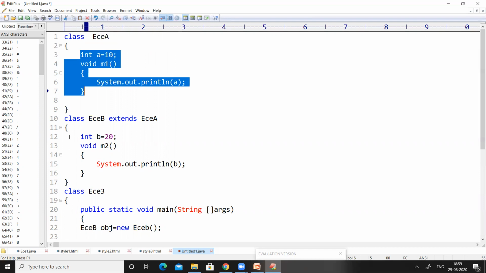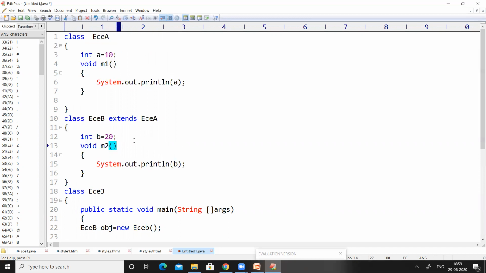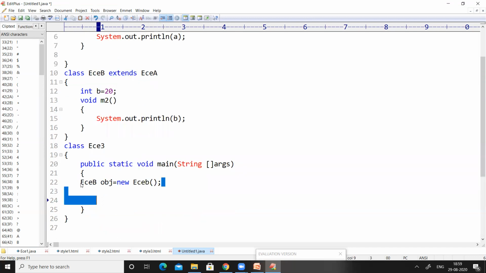At the same time, it will bring the non-static elements of ECEB to the RAM, because here we have used ECEB extends ECEA. That means the properties of ECEA are going to be used in ECEB. That's why when I create an object for ECEB, it brings all the non-static elements of ECEB and all the non-static elements of ECEA into the RAM.